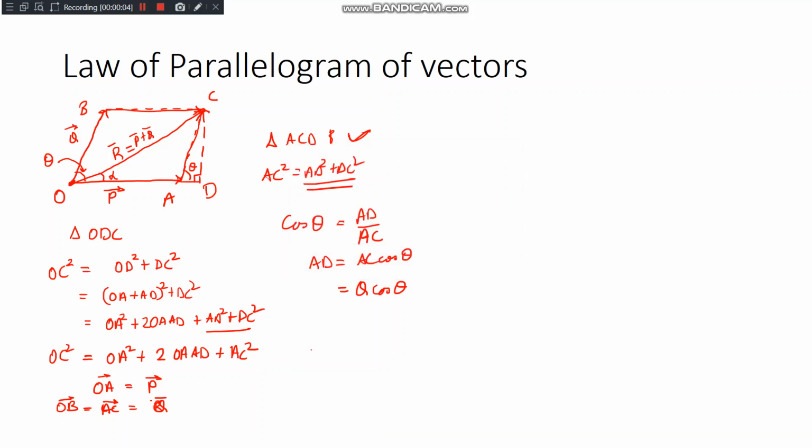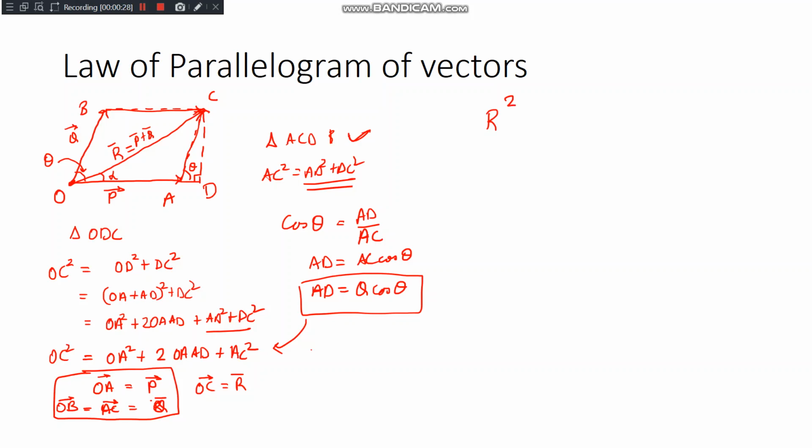So continuing with this, AD can be written as Q cos theta. So let us substitute everything that we have written over here in this equation. So instead of OC, OC is vector R, right? So OC is vector R. Okay. So OC की जगह पे we'll be writing resultant. So resultant vector का square is equal to OA की जगह पे we'll be writing vector P. So P square